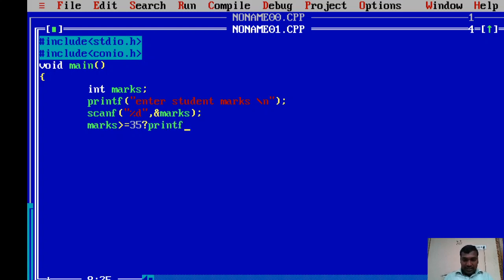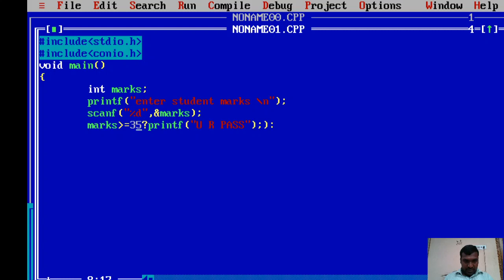So what is happening if the marks is greater than or equals to 35? So means it is a pass. You are pass. So a statement must terminate with a semicolon, right?